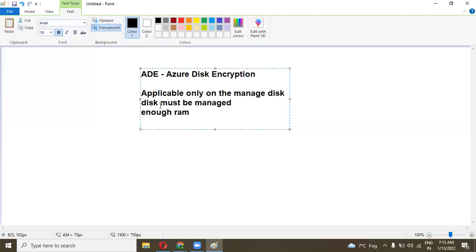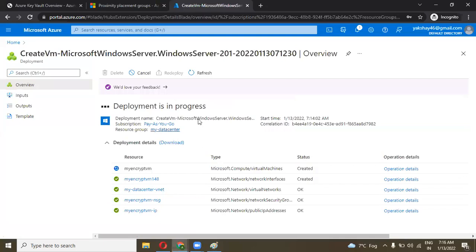Okay, so let's go to the Azure panel and create a machine. I already created a machine. My deployment is in process. Please wait for it. And once the deployment is completed, we encrypt our disk.